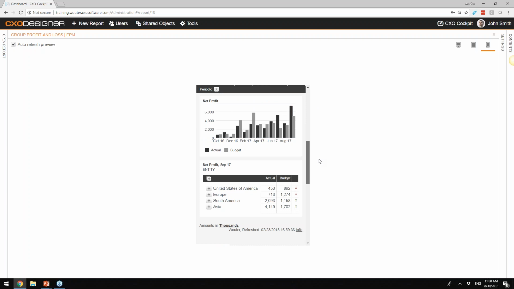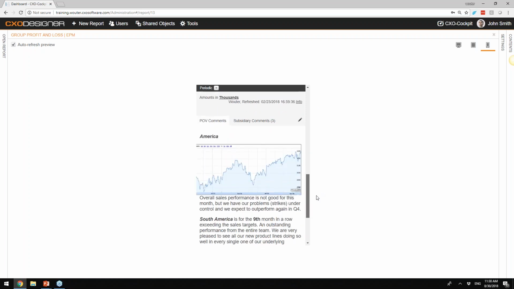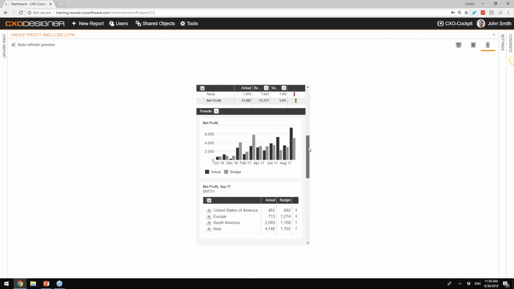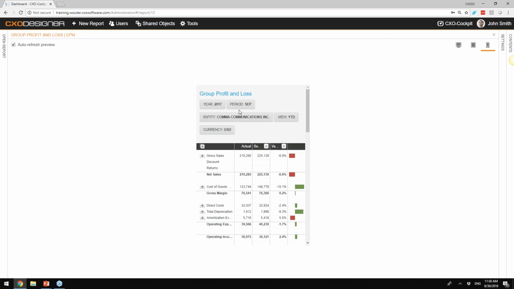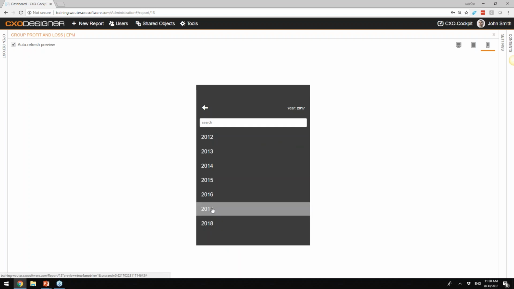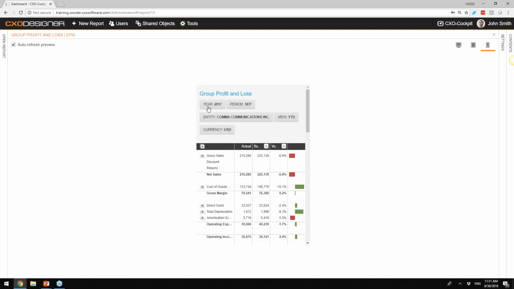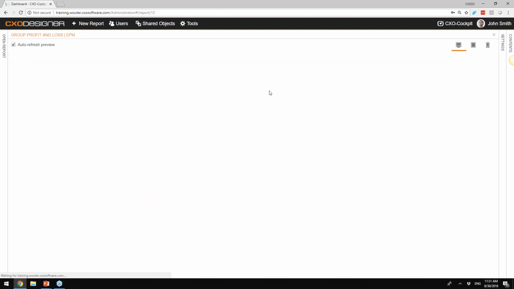And I guess that's what you see here. We've put all the charts and the tables in one single column, so you only have to scroll top down. If you want to select a different year, for example, you'll see the buttons become easy to use, and if you want to click 2016 with your finger on a phone, that's really easy, and navigation will be full screen. Okay, let me move back to the desktop,